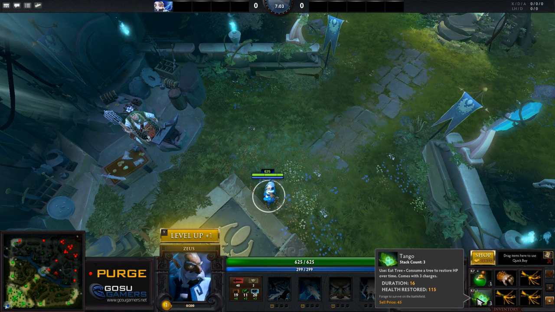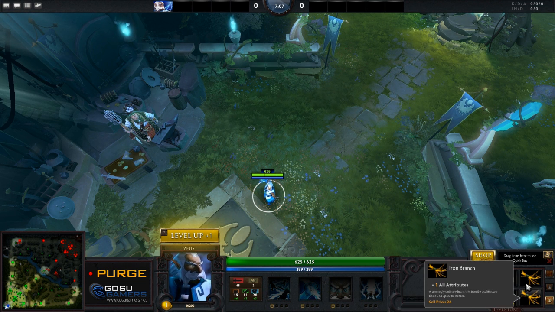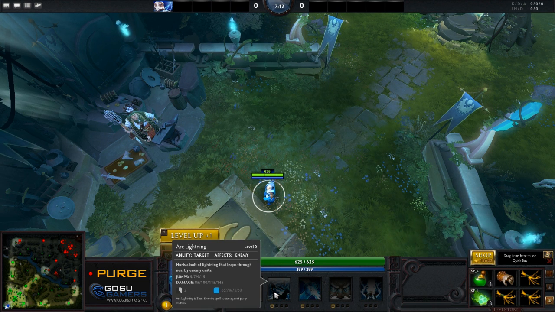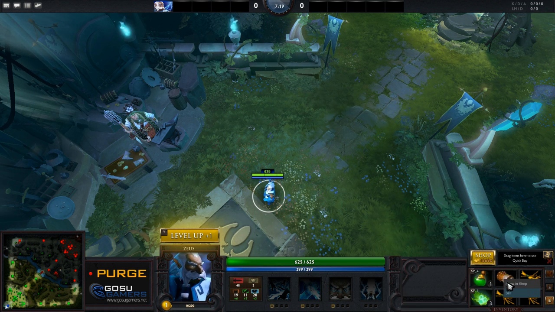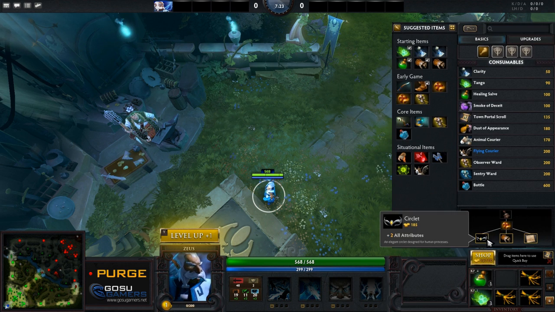If I have a Salve and a Tango here, and then I pick up 3 Ironwood Branches and a Gauntlets of Strength, I get a little bit of last hitting power here. I also get a little bit of mana, because once again, intelligence increases my mana pool. And with mana, I can cast spells. That's a really good thing. And what is the Gauntlet doing for me? Just giving me HP. Now, if I'm not as concerned about that, I might be more willing to swap that out for something like a...